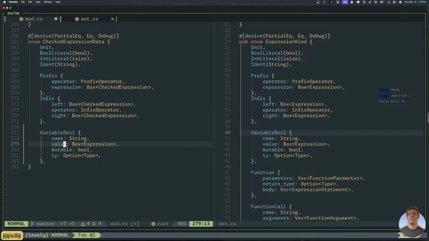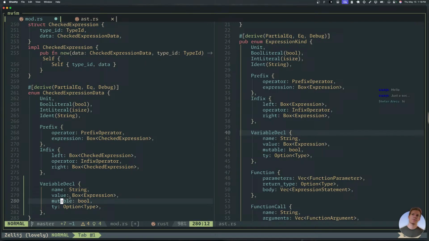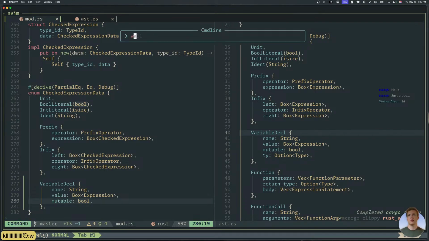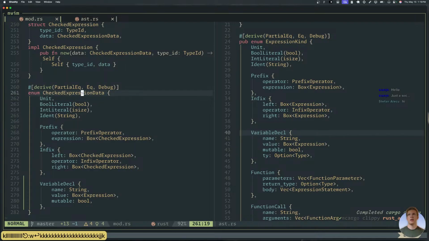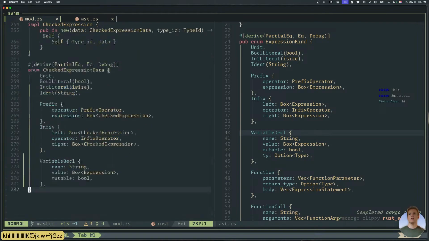It'll have a name, a value, whether or not it's mutable. So it doesn't really need this type anymore, because that kind of becomes irrelevant, because we're gonna have a type ID associated with it now.